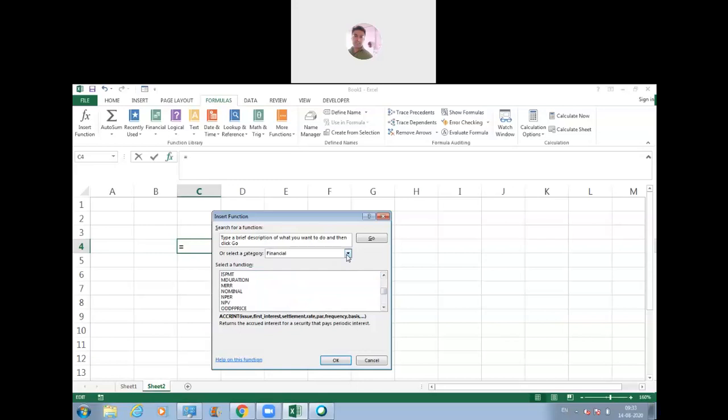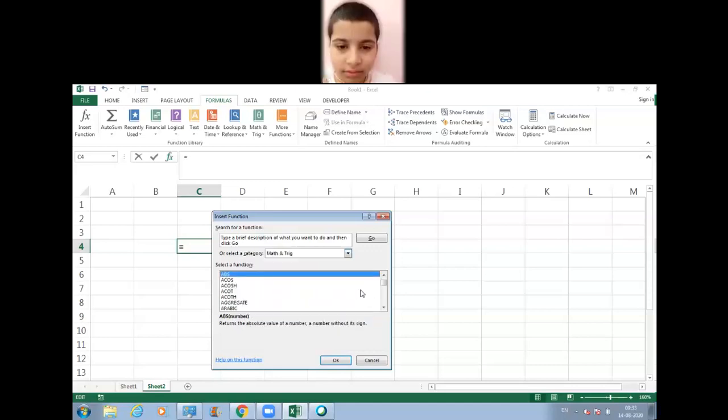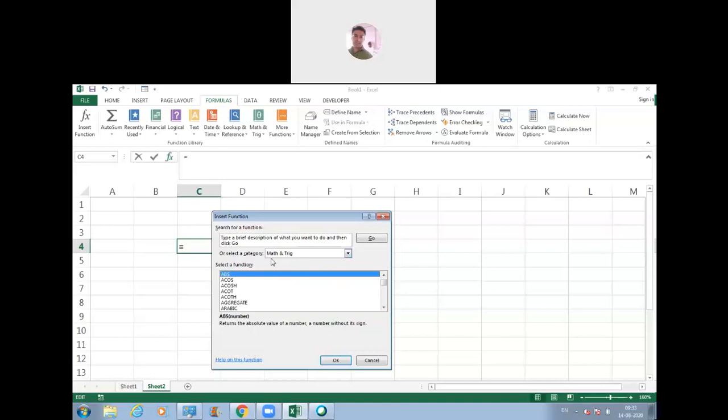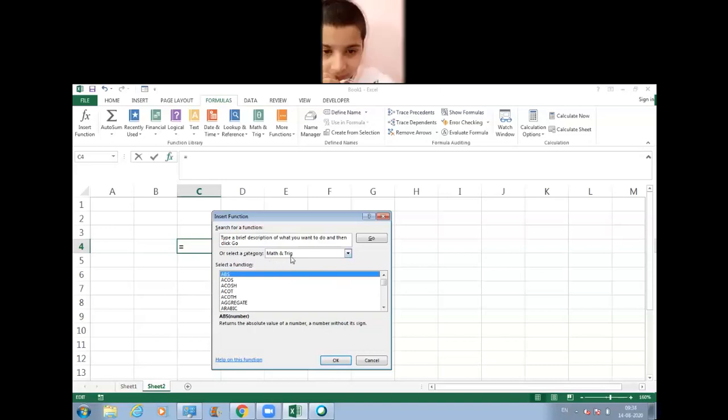Similarly, if you want to access LCM and GCD function, if you remember we used LCM and GCD functions in the last class, calculating the LCM and HCF of different numbers. The same way, if you want to access LCM and GCD function, what is the group that you need to select from here in this category? You need to select this maths and trig group, right? Because LCM and HCF are part of maths. They are mathematical operators. You need to select maths and trigonometric option.